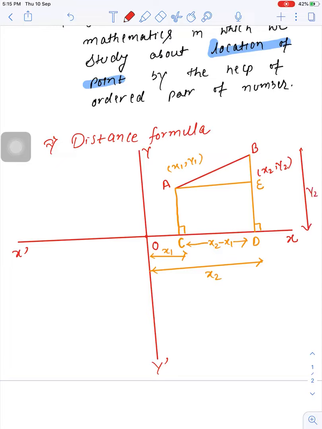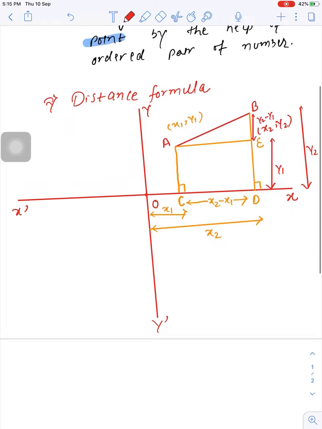Just be careful, it is very easy. Don't worry about this. This is y1. So if I calculate this, this is y2 minus y1. So writing it clearly, CD is equal to x2 minus x1 and BE is equal to